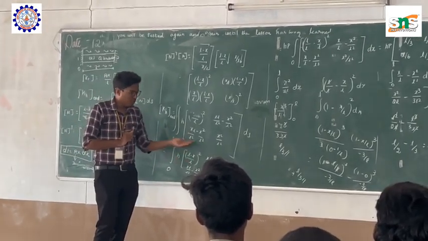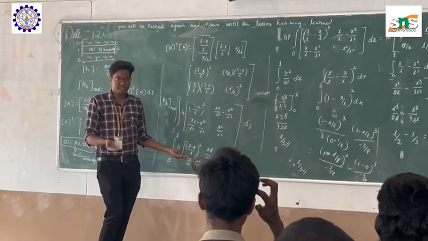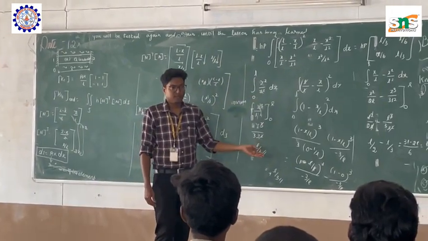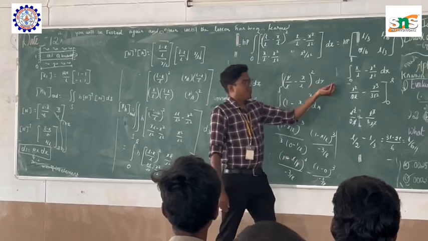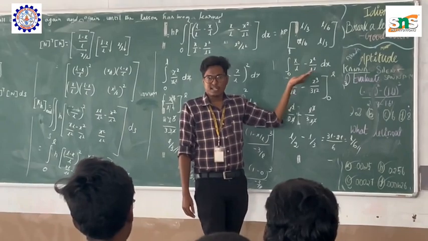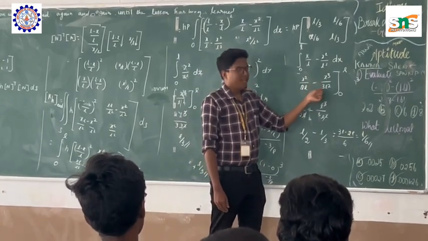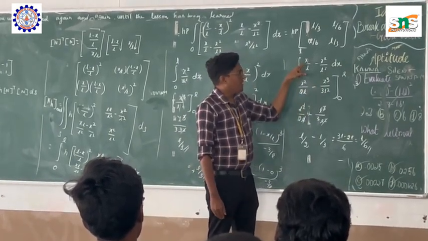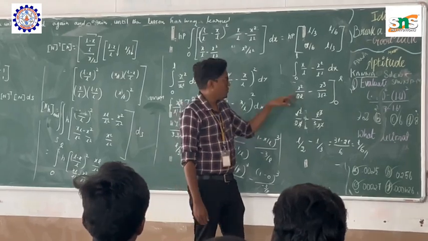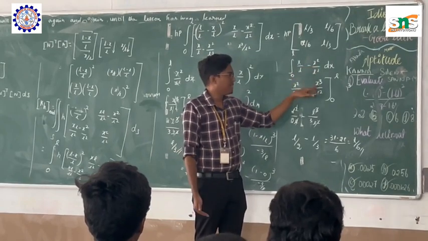After that you have to solve this equation. We have always studied integration in lower classes, in the second year. After solving this equation, you get these parameters. For example, I take a simple example: the integral from 0 to L of (x by L minus x square by L square) dx. I have to integrate this term. So what is that? x square by 2L minus x cube by 3L square. What is the meaning? I have to integrate. The integration of x is x square by 2, and of x square is x cube by 3. Clear.